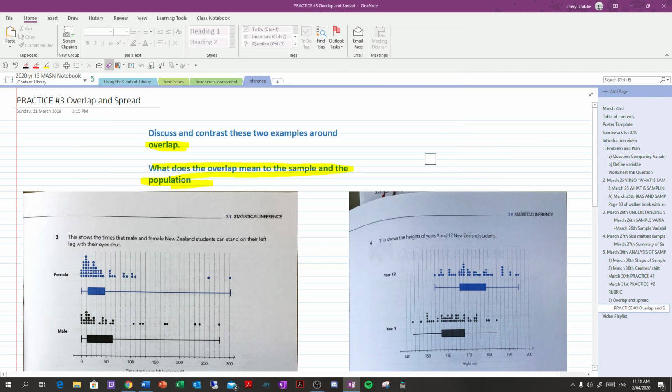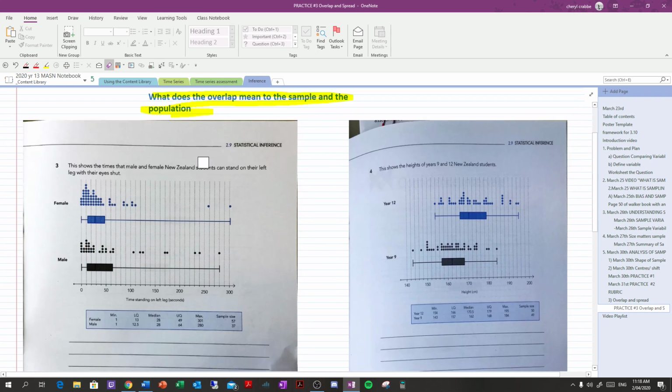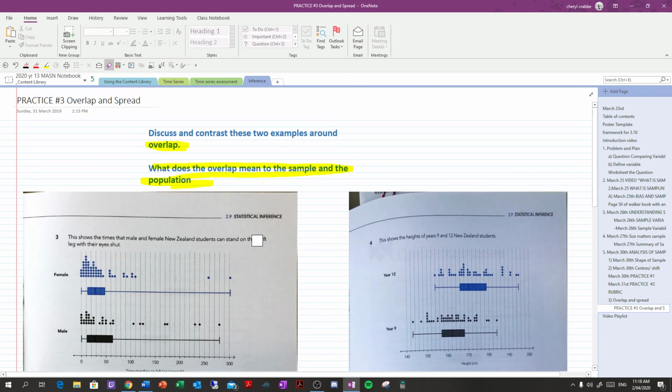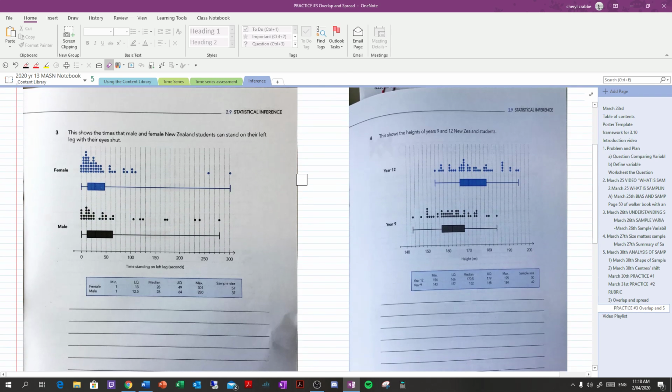Okay, I'm just going to do a quick little example for this practice number 3, overlap and spread, but I actually just wanted you to talk about overlap with this, so I'm just going to ignore the whole spread idea and get right into the overlap because that's the most important and critical part of this. And I wanted you to sort of contrast because we've got an example over here,